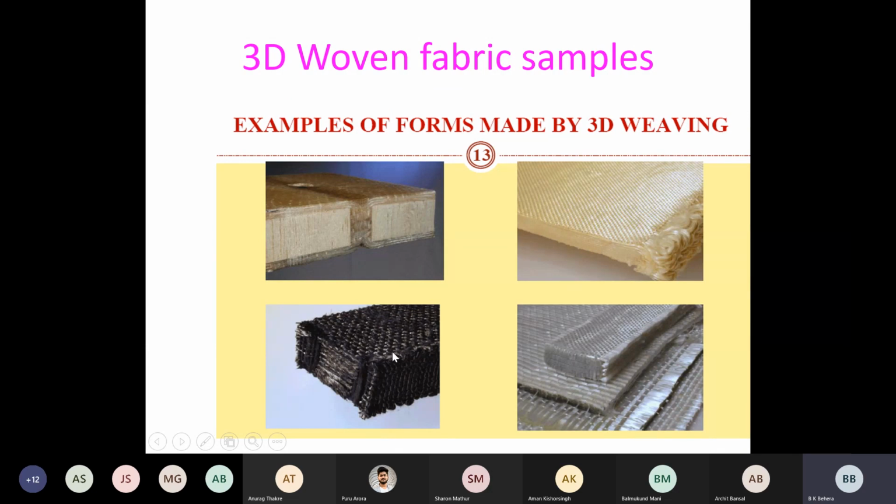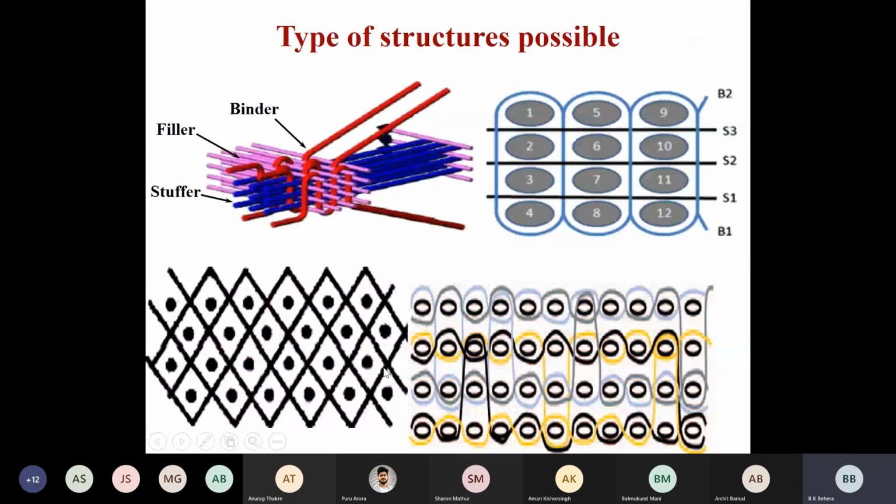calling it a woven fabric. The reason being, by definition, a fabric is called woven fabric only when there is an interlacement of warp and weft. That's the basic definition of weaving, interlacement of warp and weft. And where is the interlacement here? Where is the interlacement here? This is warp, this is another warp, dots are weft. There is no interlacement. They're all going straight. So how can you call it a woven fabric?